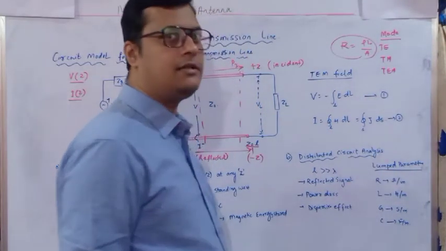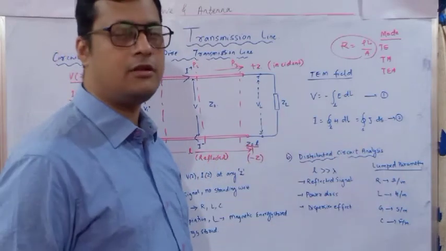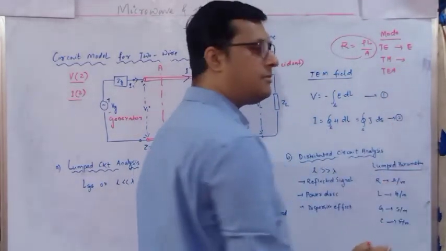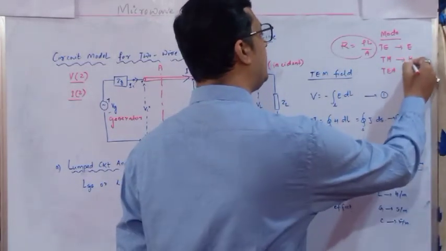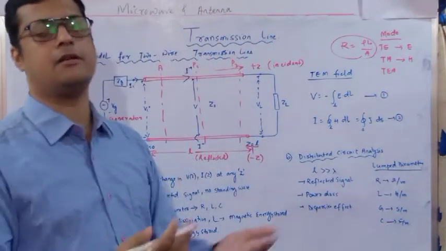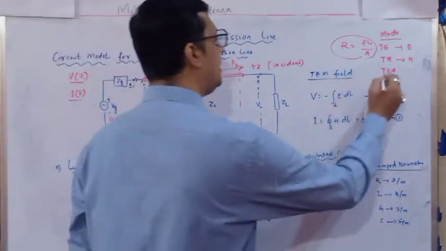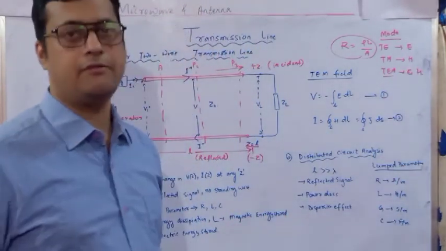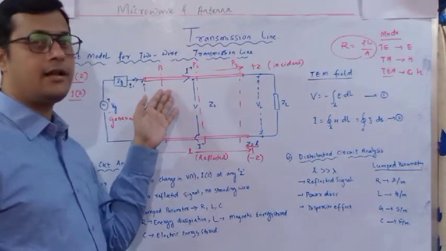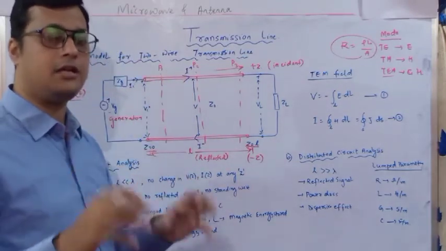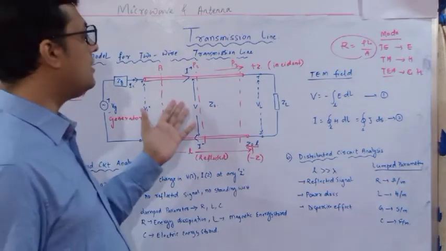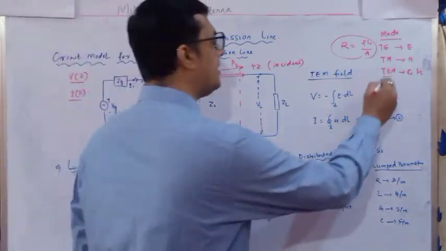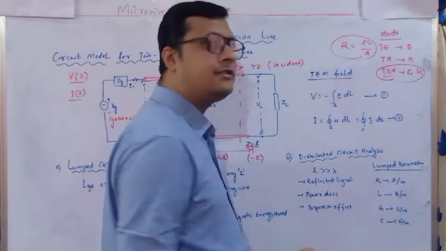TE means only the electric field is going to transmit; information is delivered only with respect to the electric field. Transverse magnetic mode means we transmit our information only with respect to the magnetic field. And TEM means both the electric field and magnetic field help to deliver my information. In the two-wire line we saw in the last class how the electric field and magnetic field propagate. If they propagate at the same time, then I will say my mode of transmission is TEM.